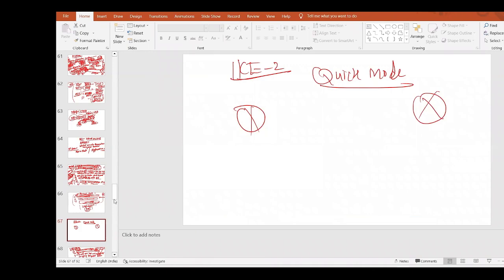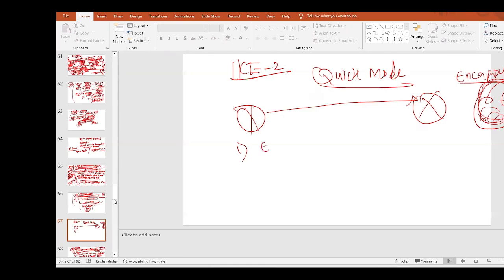So in phase 2, there's a 3 packet exchange. For the first packet, okay guys, one thing I want to explain, I think I forgot. What is encapsulation, guys? Encapsulation means it's kind of a container, putting everything in a standard way in one container. That's called encapsulation. How we provide the security of data can be defined in the quick mode or phase 2. There we can use ESP or AH. ESP provides the CIA method. Which encryption method am I going to use for encapsulation with ESP, and which hashing method am I going to use for